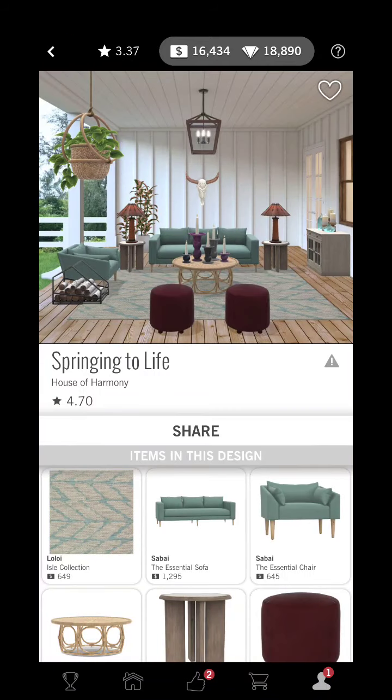This is my highest scoring room, Spring into Life, and I think this is an outdoor one. I can see why it's scored highly. There is something about it, isn't there? And I haven't done the most obvious things. So the art on the wall, for example,